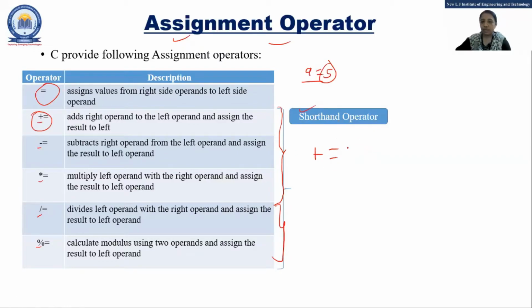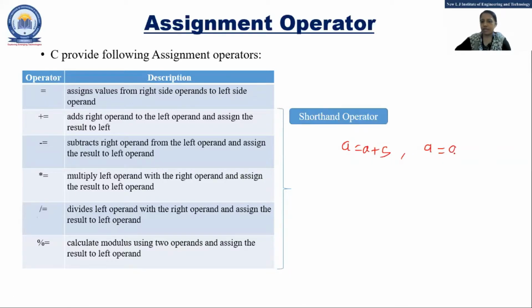Suppose I have one expression, a equal to a plus 5, or a equal to a minus 5. You can see that whatever the left side operand is, the same operand is also available in the right side expression, at the leftmost side of the expression.